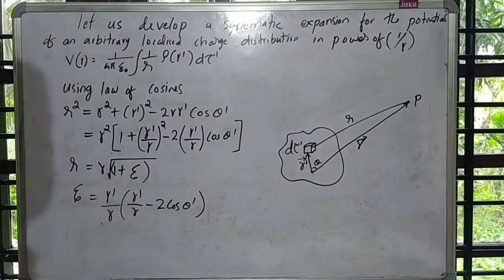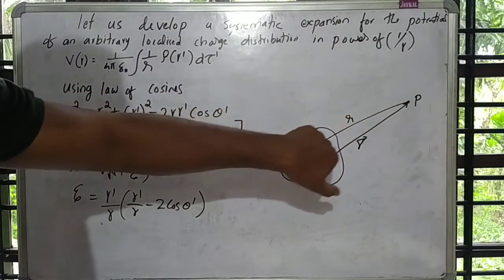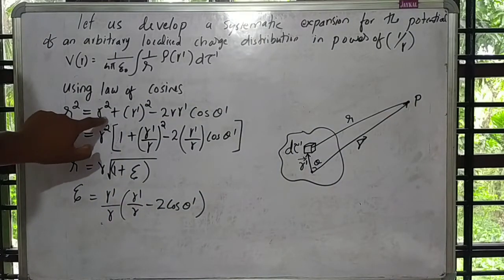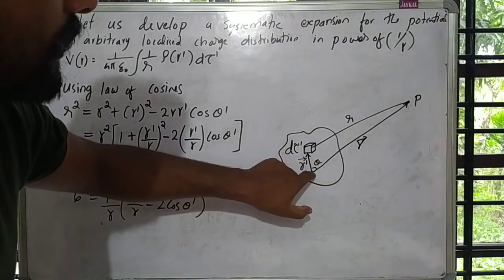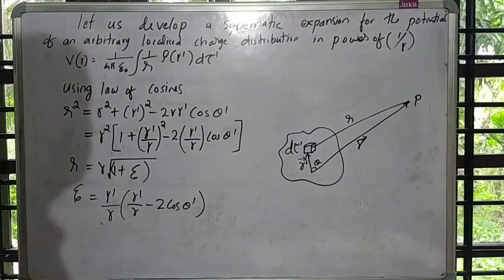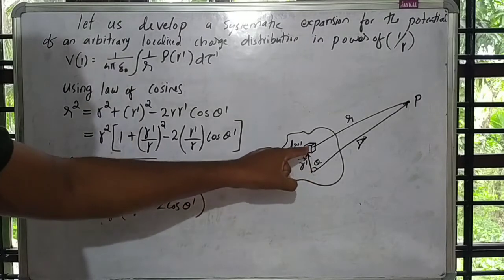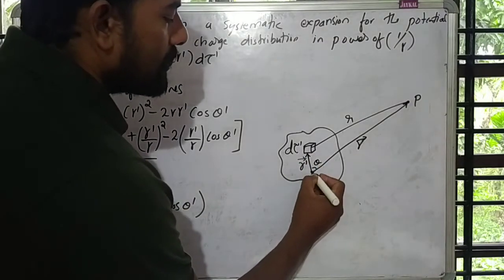we can add up all the potential due to the small volume charge distribution at each and every point in this localized charge distribution. So using the law of cosines, this is R, the distance between the small volume and P is R. R square is equal to R square, where R is the magnitude of the distance between the origin and the point P, plus R dash, where R dash is the distance between the origin as well as the small volume, theta dash. So R square is equal to, when we are considering this triangle,